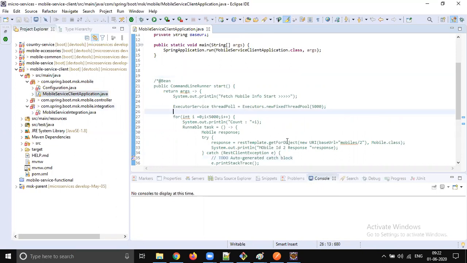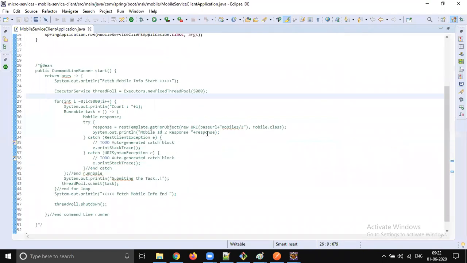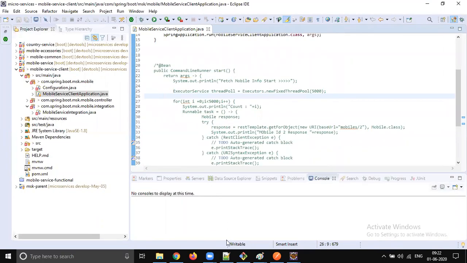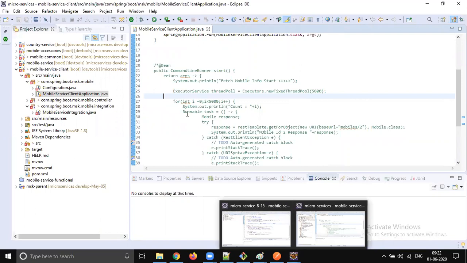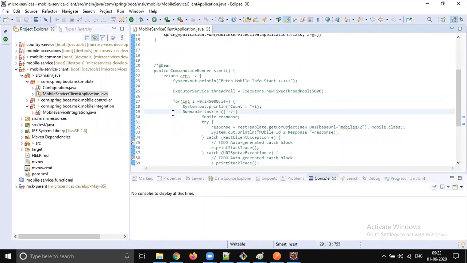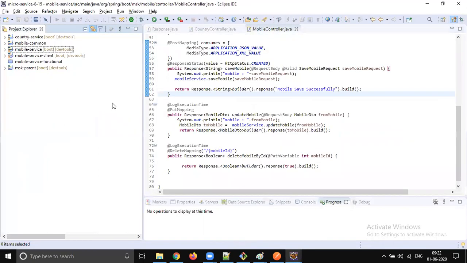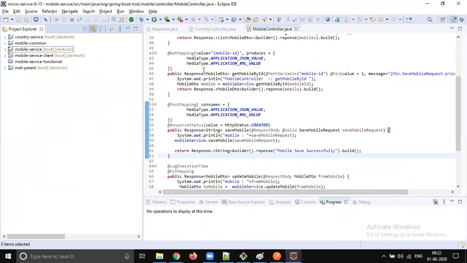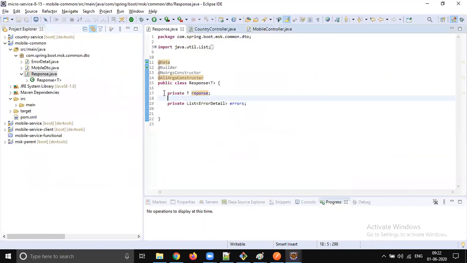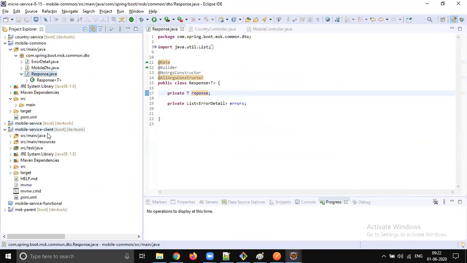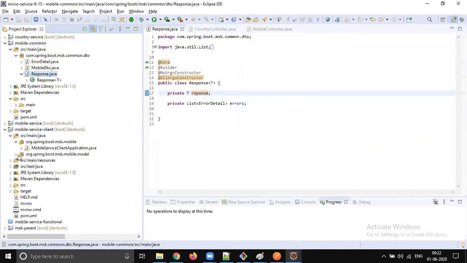That object is getting converted into a hash map. Whatever data we are trying to retrieve, that object is getting converted into a hash map, instead of getting converted into the actual object. So that's why we are going for this generic type.